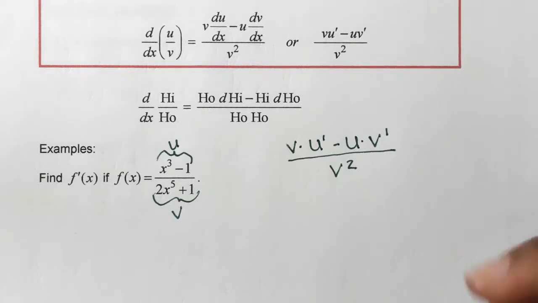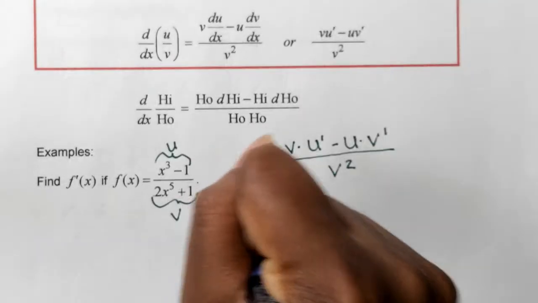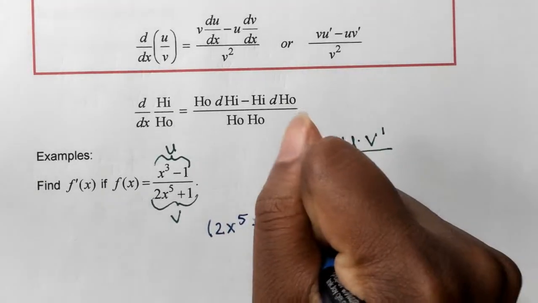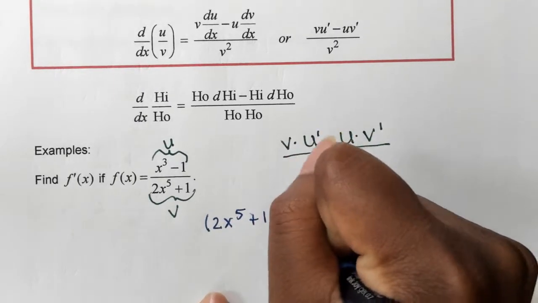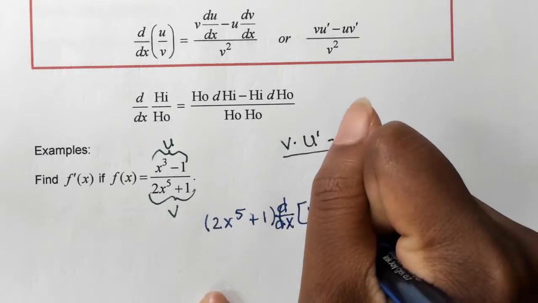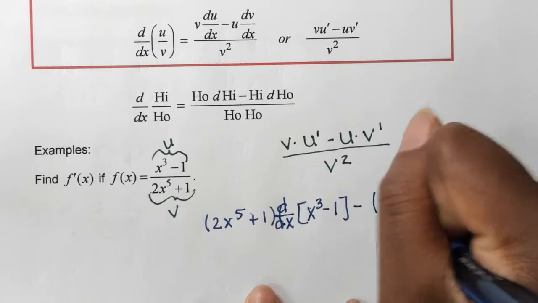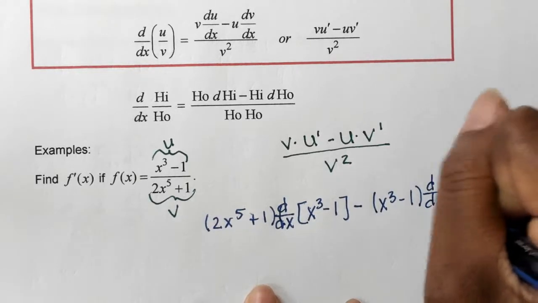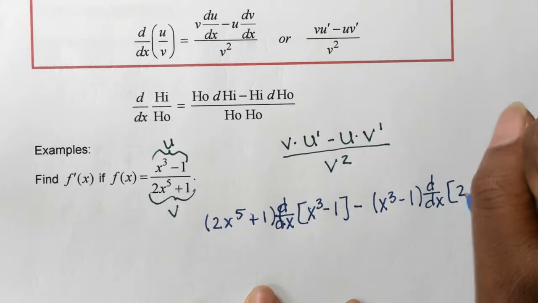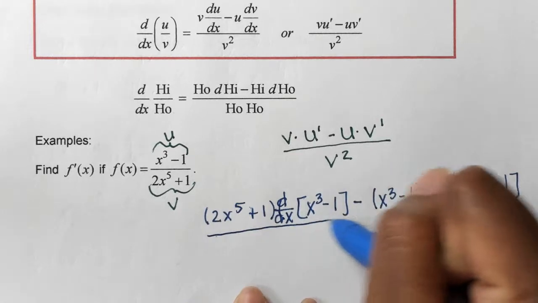So with that, we know we should have 2x to the 5th plus 1 times d dx of x cubed minus 1 minus x cubed minus 1 times d dx of 2x to the 5th plus 1 all over